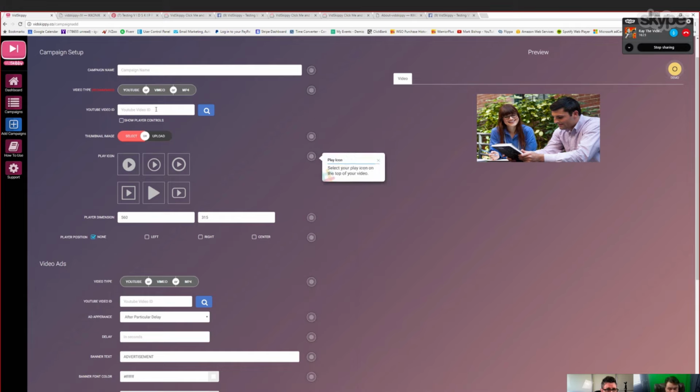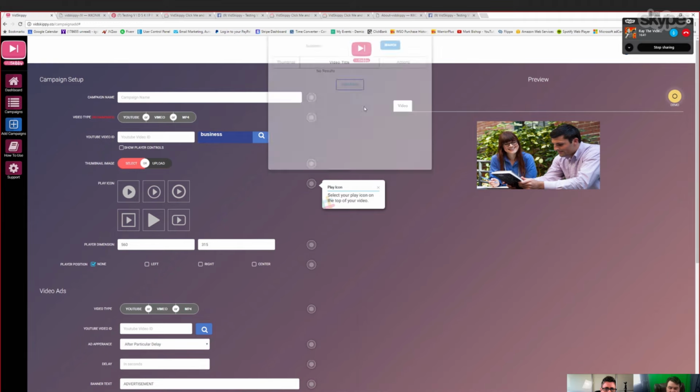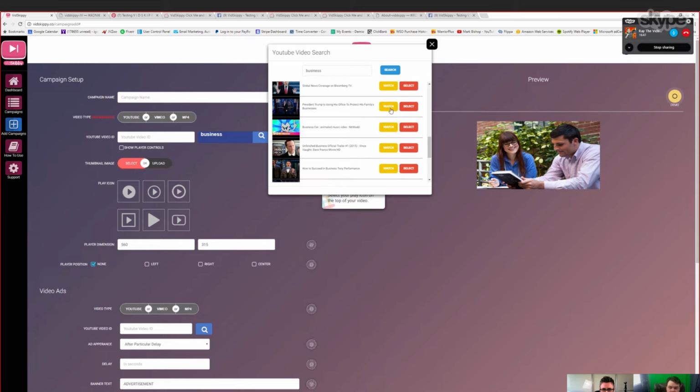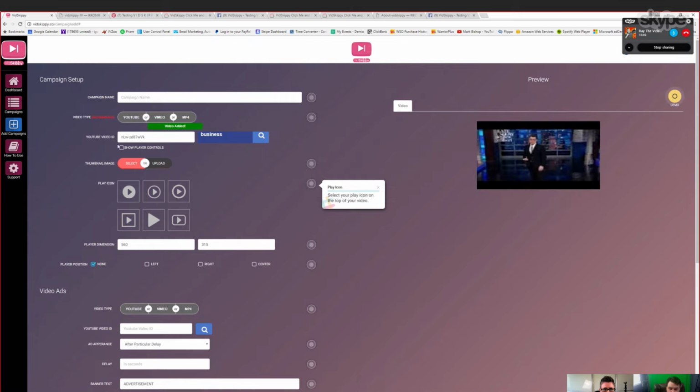So if I wanted to choose a video, I can put either the last part of the URL in here, or I could search here, let's say, and load that up. Oh, that's cool. A bunch of videos come up here, so you can actually watch them inside here, or I can just click select, and then it will select the video. Now, thumbnails, you don't always want to use the thumbnail that comes with the actual video, so you can either select from,